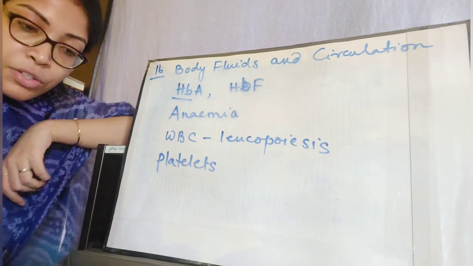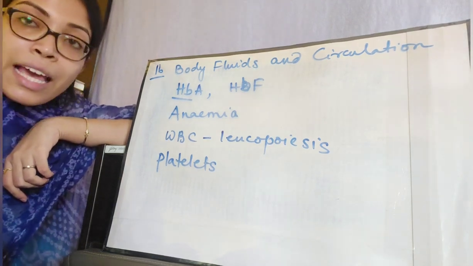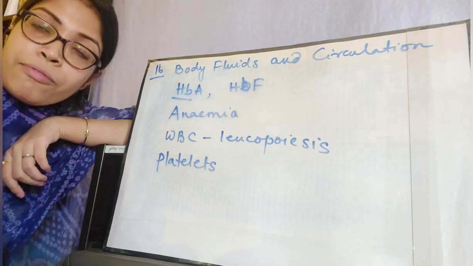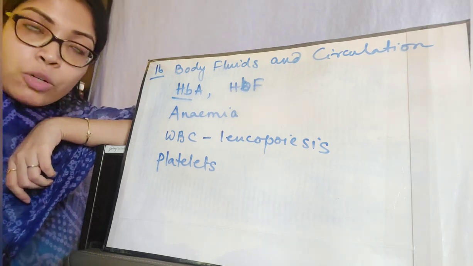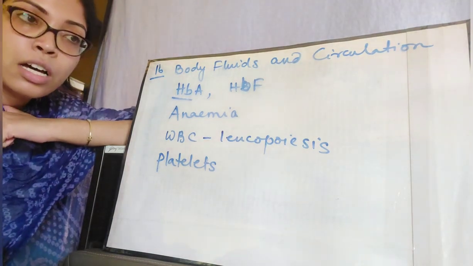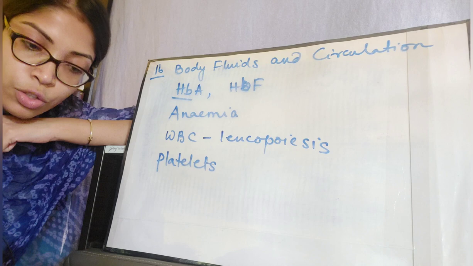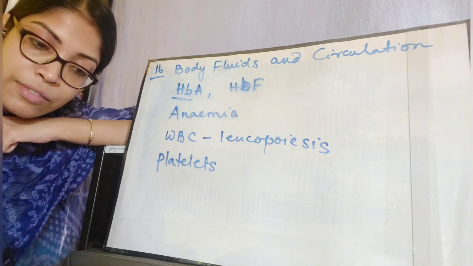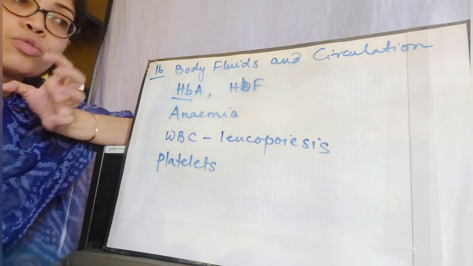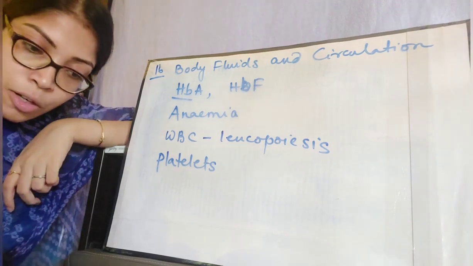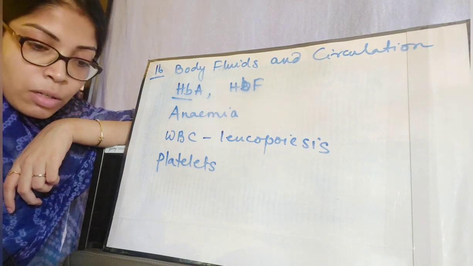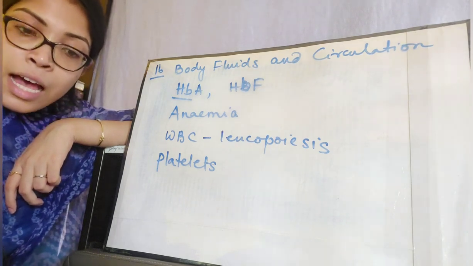Finally, we come to the functions of the platelets. You all know that they help in blood coagulation by releasing thromboplastin, which is a factor. Platelet factor is a blood coagulating factor, and they help in blood coagulation if you have an injury or cut or wound on your skin. Platelets also release fibrin stabilizing factor and help in clot retraction to tighten the clot. They also help in repairing the damaged portions of the blood capillaries. So this is all about the functions of platelets.